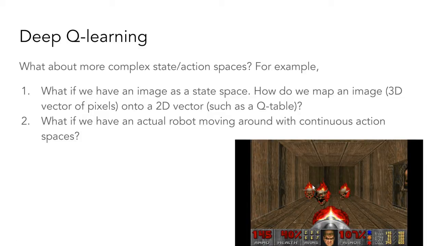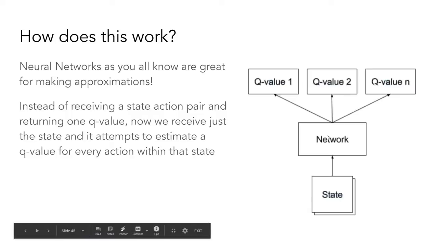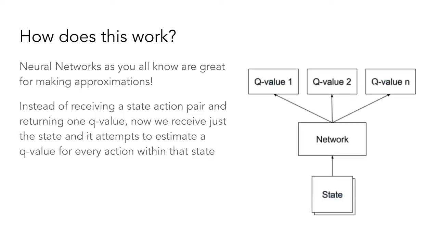and it's also better when you have continuous state spaces. This is just a diagram to show how this would look. In Q-learning, you would give it the state, so it's no longer that you're giving the network a state and an action. Now you're just giving it a state. It's going to give you what it expects the various rewards will be for all the actions it's allowed to take, and then you as the user can choose, okay, which action do I want to choose at this step.